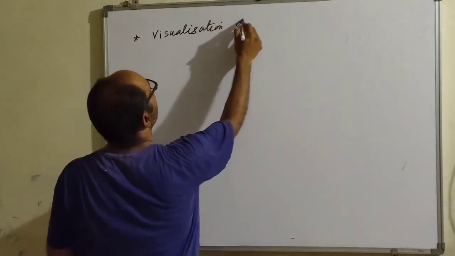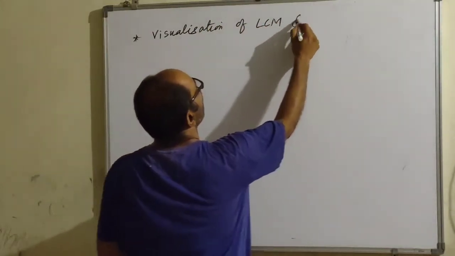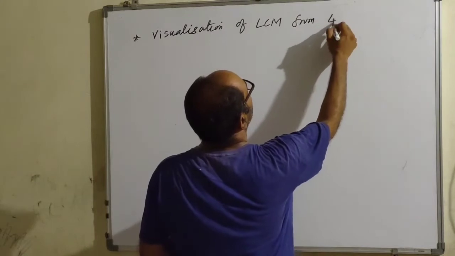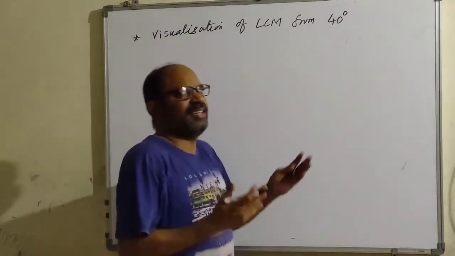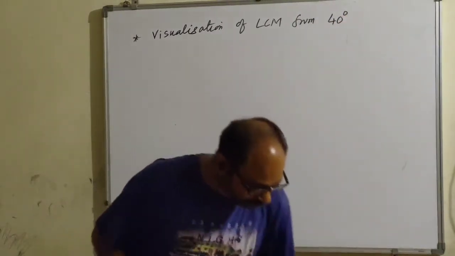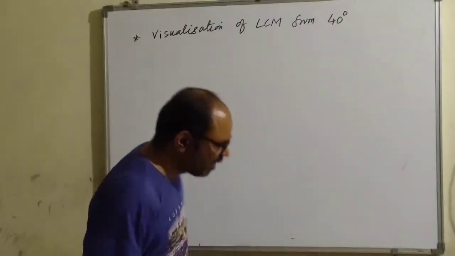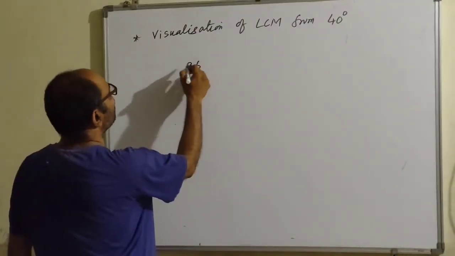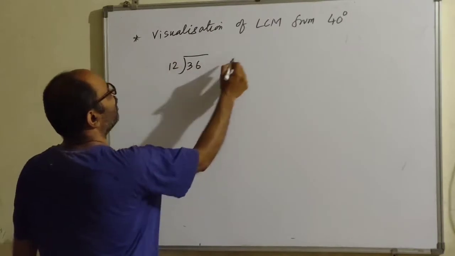Visualization of LCM from 40-degree angle. What is this? Let's see. Say children, 36 is the LCM that you got of 12